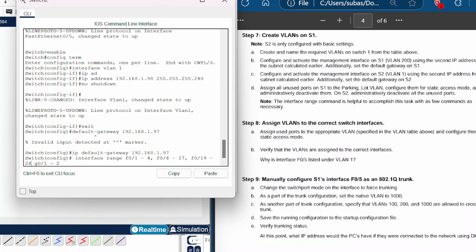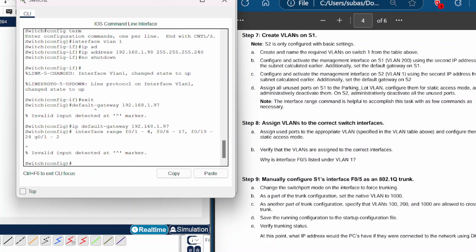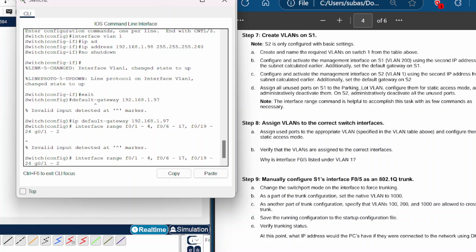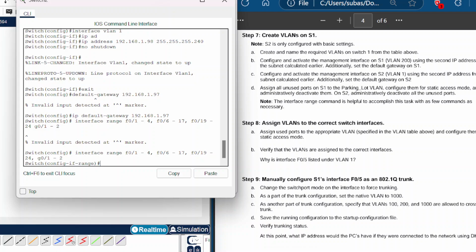And then you have gig 1 to 2. Okay, so this is it. All right, let's get that entered. Oops, I forgot to type a comma right here. Okay, there you go. And then let me go back to switch number 1,